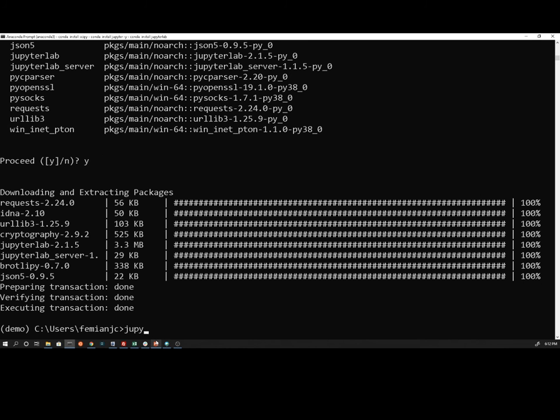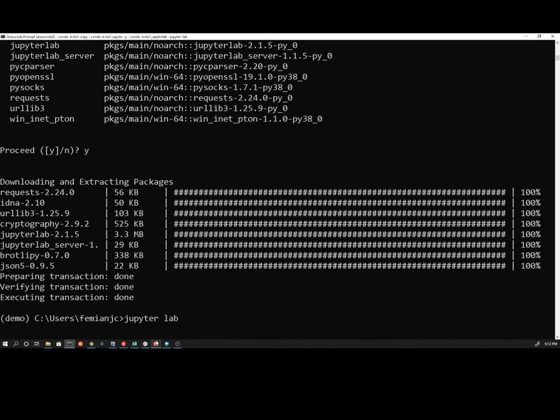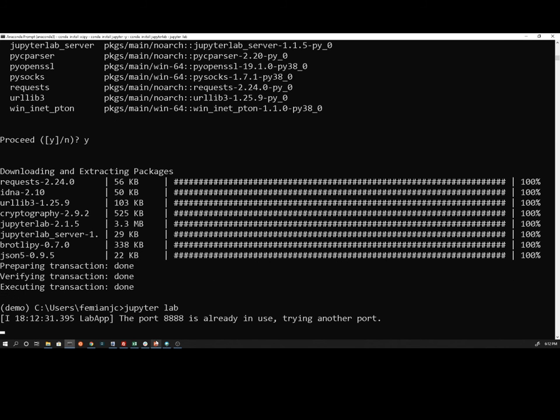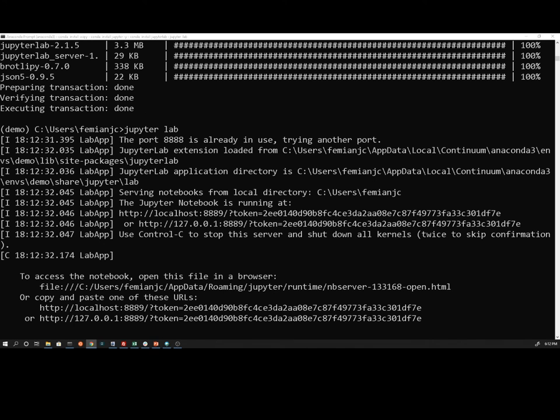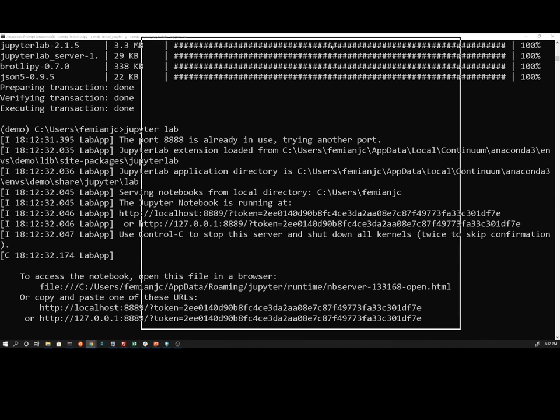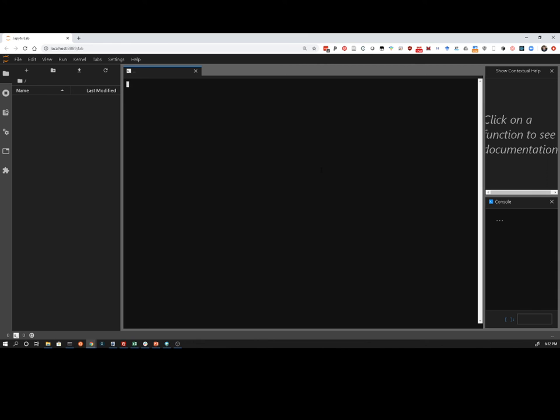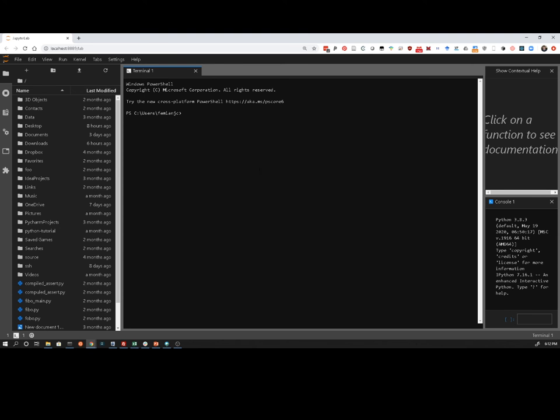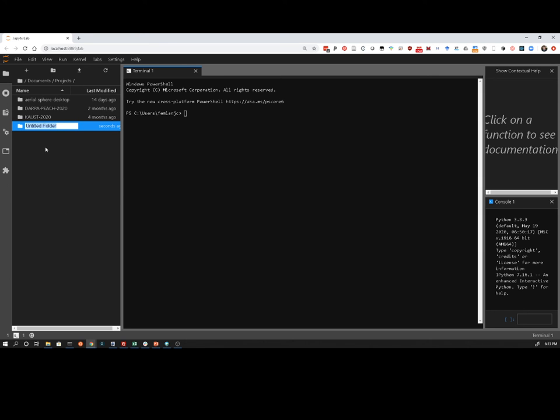So once I've done that, I just type in Jupyter Lab, and it'll start a local web server and spin up a browser window over here, which I can actually stick to for the rest of this little video. The files that you see here are whatever folder you were in when you invoked Jupyter Lab. So I'll just try to change into maybe documents, projects, just make a new folder, demo. Right, so